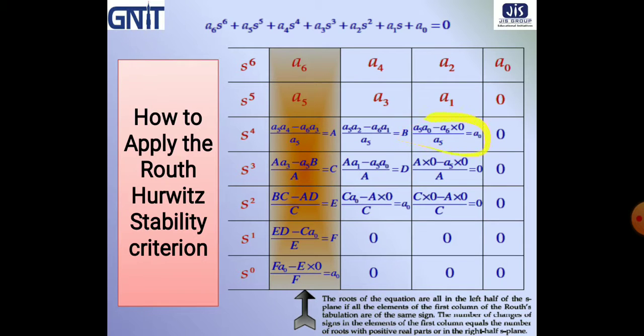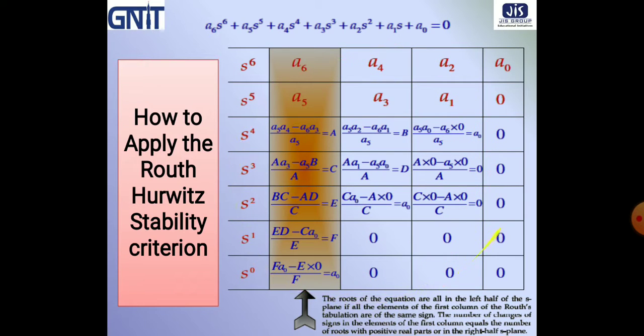So put the value here. So that is our capital A, that is our capital B, and that is a0. And now if we want to calculate the row of S3, then just multiply this into this and this into this. So A into A3 minus B into A5 divided by A, that will be put here. That will again be represented as C, like this. In this way you have to find all the positions' values of this